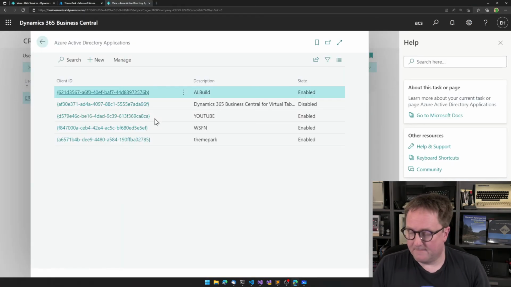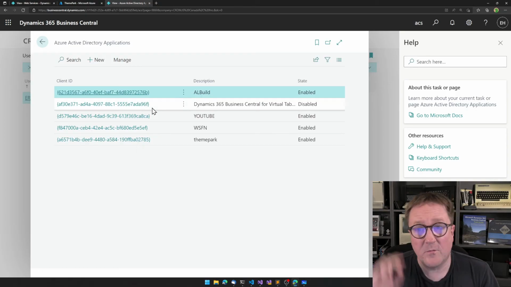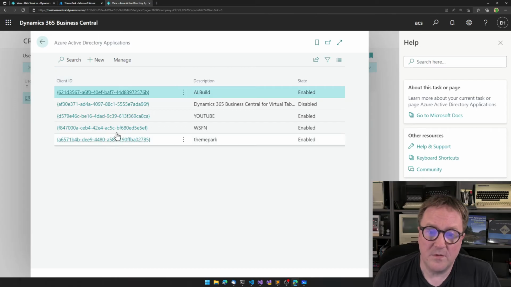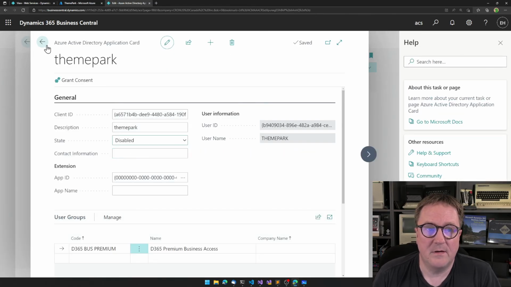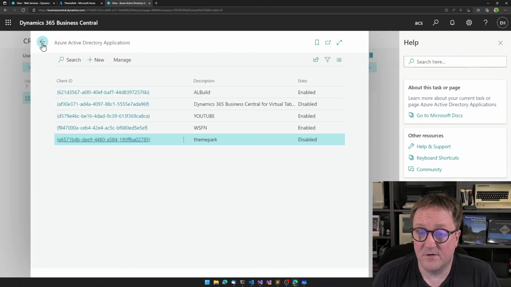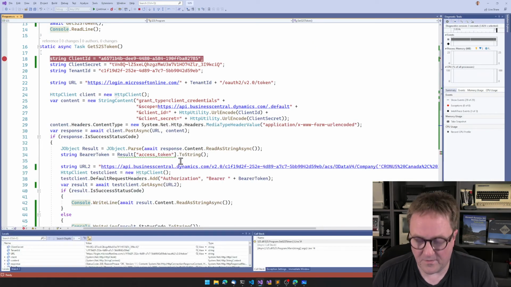So in here, if we don't want this application to work anymore, we can go in here and say, okay, I want to disable this app. So we do that in Business Central. So this is now disabled here. If I run the program again,